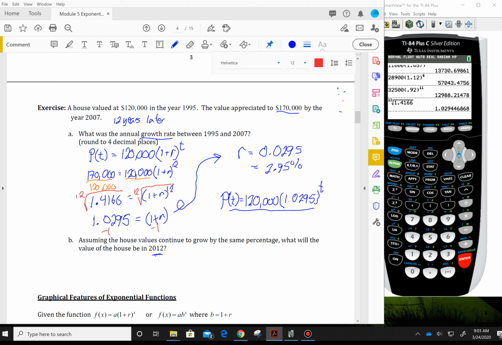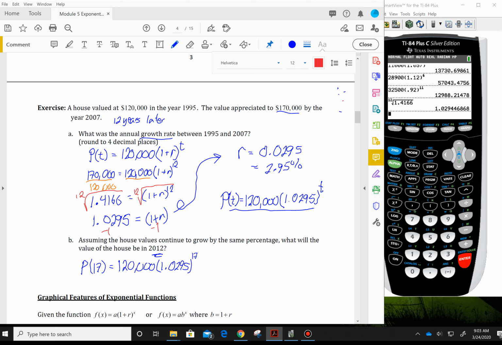Now notice 2012 is 17 years after 1995. So we'd be looking here for the value of P17, which would be the 120,000, 1.0295